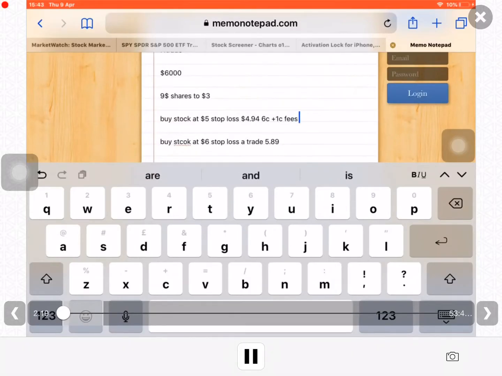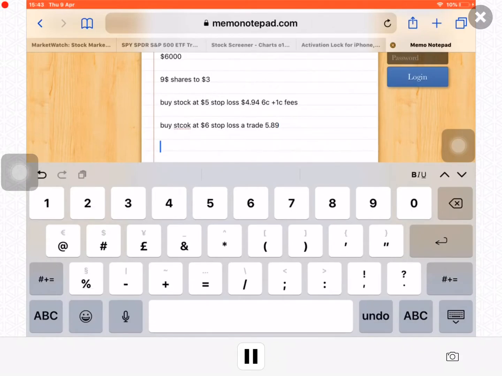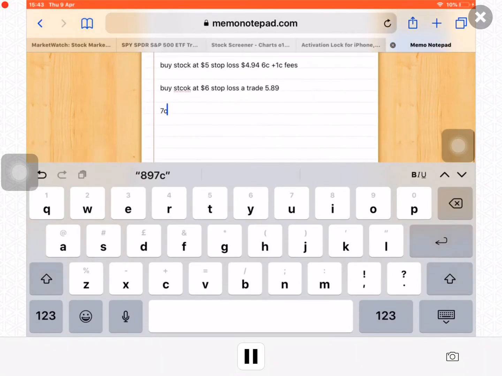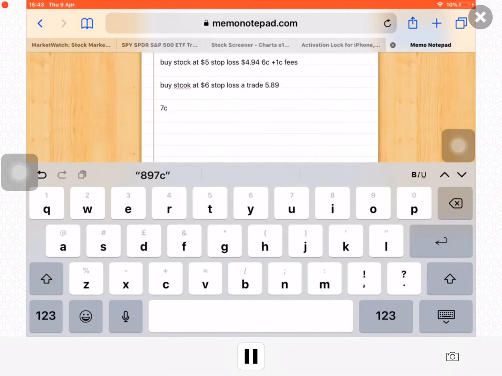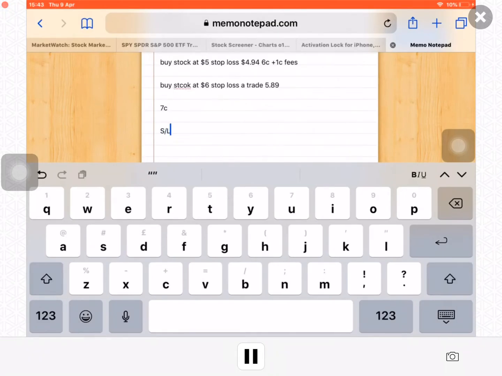This is how it ties in, okay? I've got here, I'll write it on here. Every day I'll write this down. So look, this is how I've got it written above my head here, and I've got complete access to this all day, so I know exactly how many shares to buy depending